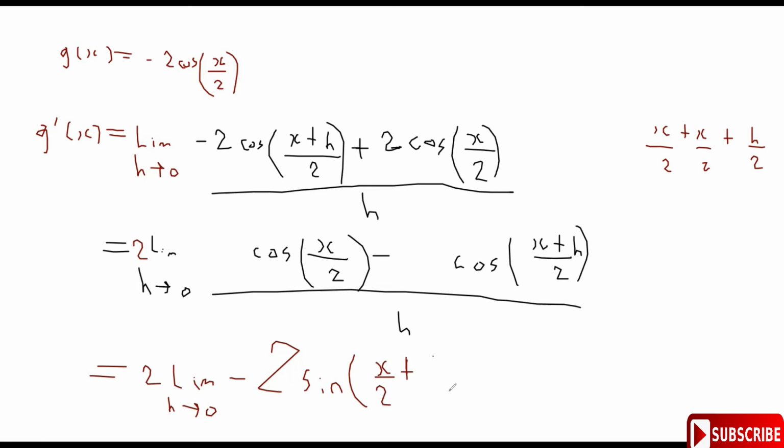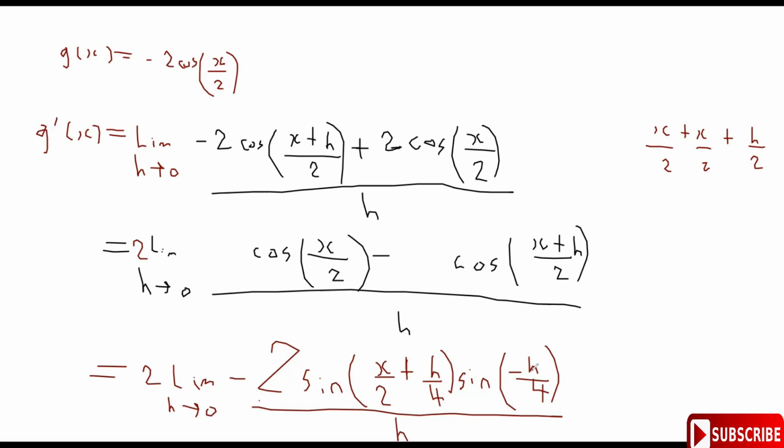Then it's going to be times the sine of half the difference. The difference is x over 2 minus x over 2. As I can see, they cancel, then I have minus h over 4. So this becomes minus h over 4. And then this is all being divided by h. Easy. So this will work out now to be equal to,